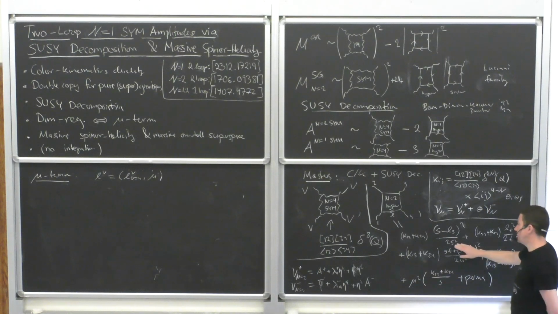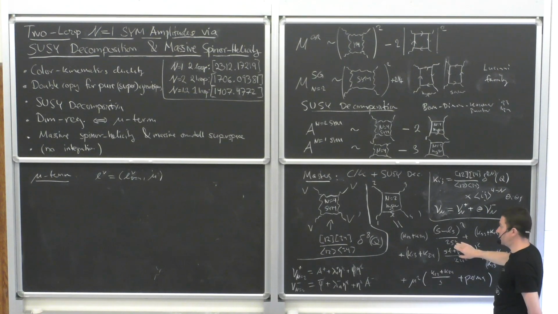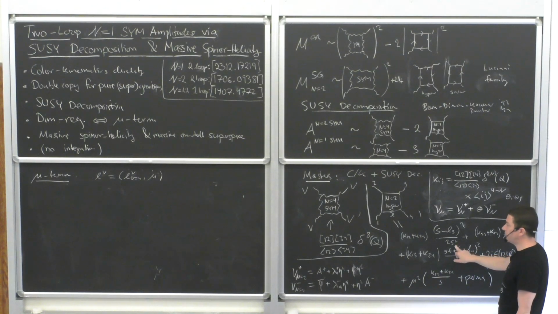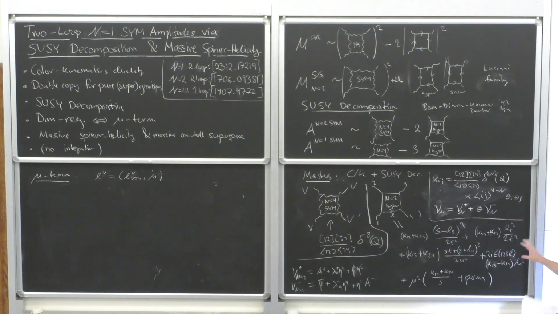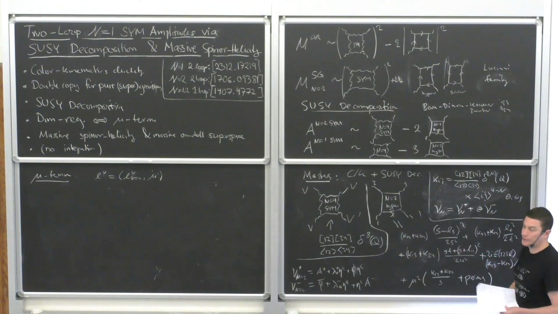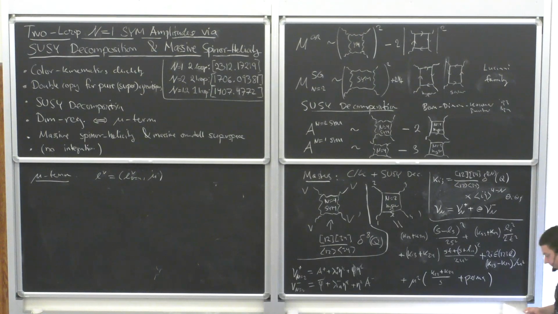Well, it's possible that you could have gotten away with less of these denominators, because some of them could also be imposed by the fact that they satisfy color kinematics duality. That's extra constraints. But you can also check that when you do your cuts, you typically have such terms. I think what you could have done is move them over to the triangle or to the bubble, right? In fact, you see that it's s squared, so you could guess that that could have maybe been absorbed by the bubble. So I think it's not just SUSY. This is definitely SUSY, but this is also maybe color kinematics duality and a power counting constraint that I'm imposing.